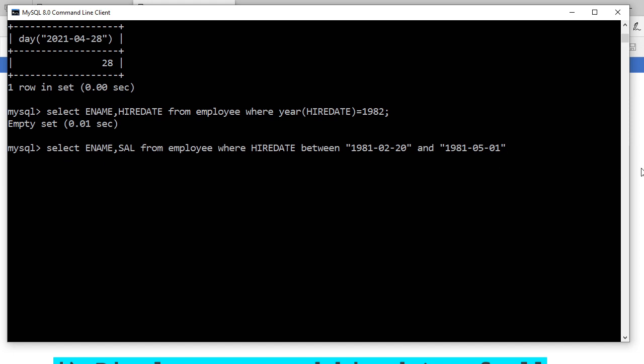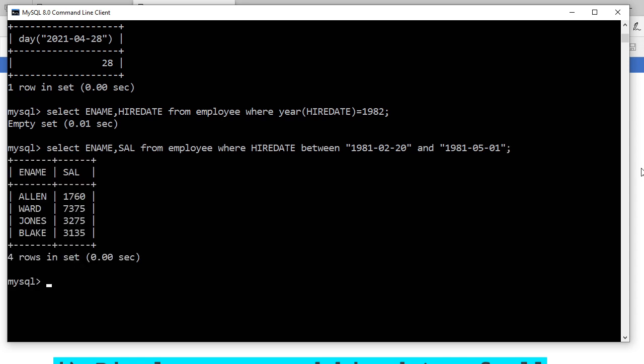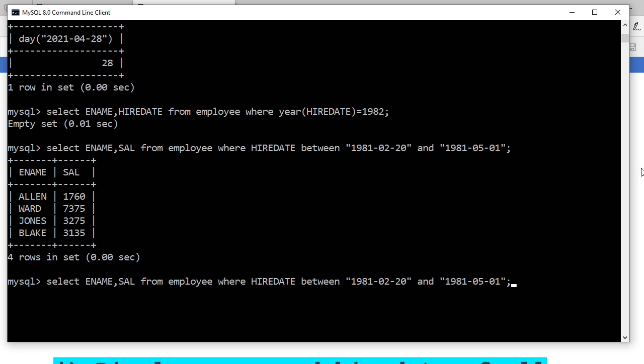Okay. Now after that you tell me, it will be printed in ascending order. So suppose this is there. Now it will be printed in ascending order. So what to do? We have to put here one clause. What is that? Order by clause.